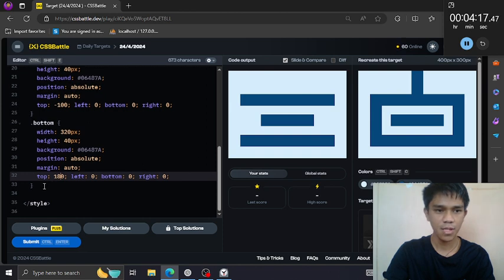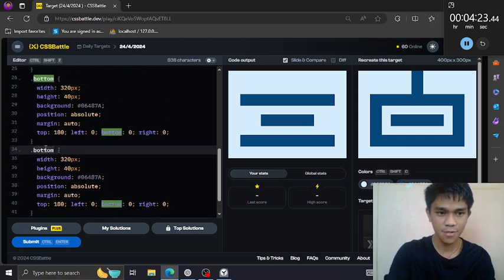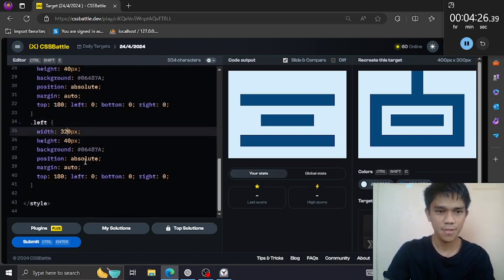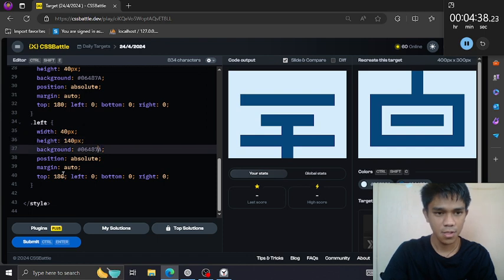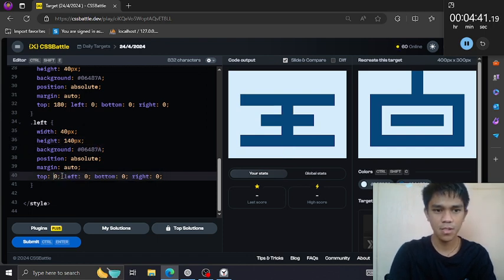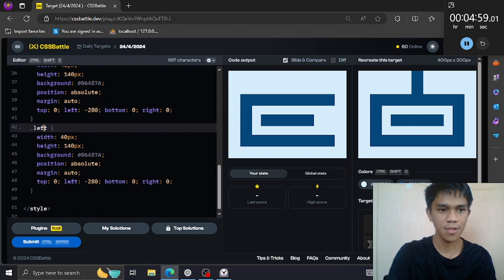For that, we only need to have a left and right. So let's do the left first. The width is 40 because it has the same width as this top and bottom. And the height maybe something on center, and push this thing on the left. Oh, I'm surprised. Then create its inverse named right.